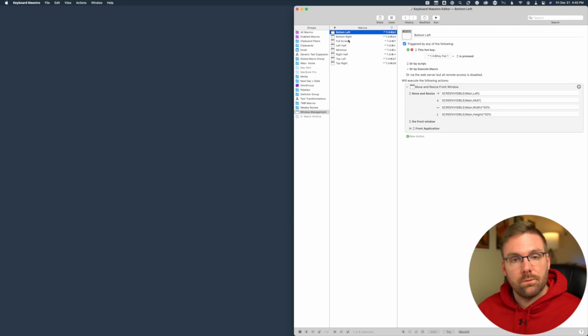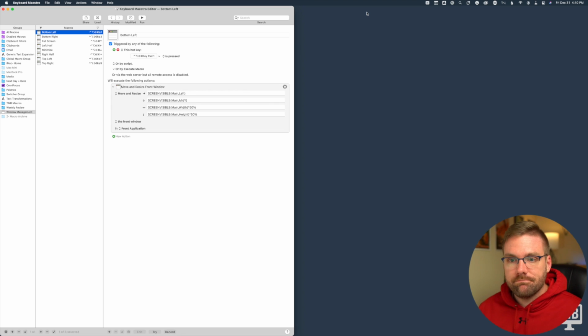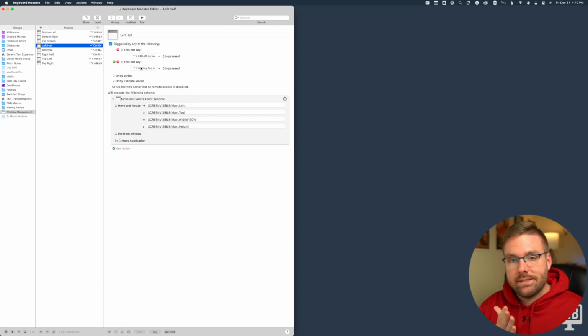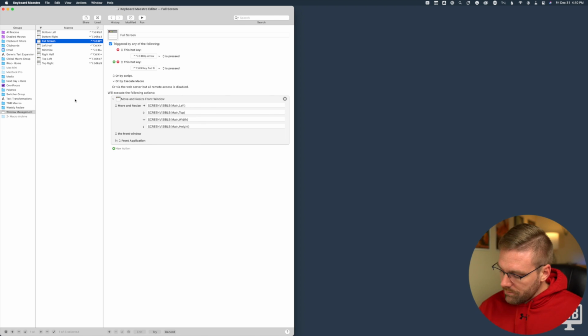But now that I'm working from home and always on this computer, I will just keep everything on the number pad, but I do have it mapped to be able to go either the number pad, so I used the number 4 to be that left half, or the left arrow. Either one of those hotkeys will put whatever the current window is and take up the left 50% of the screen. I also have the quasi full screen mapped to number 8.